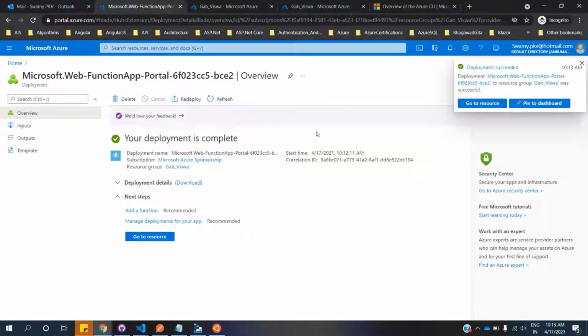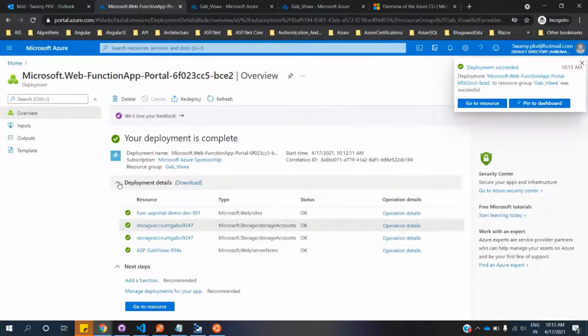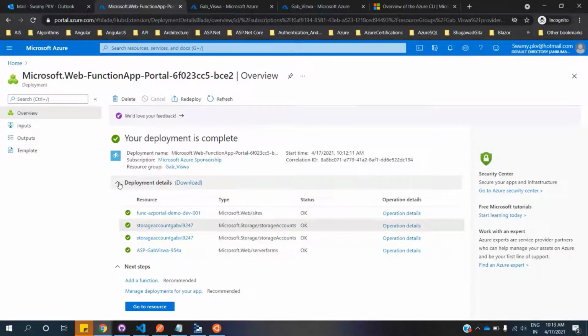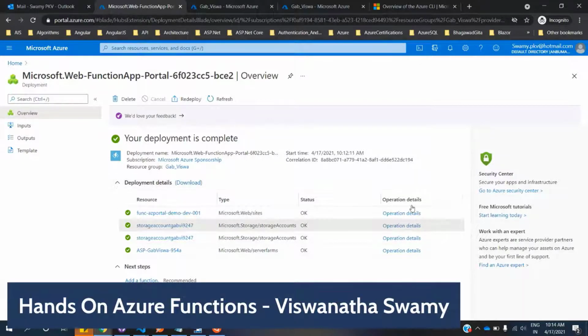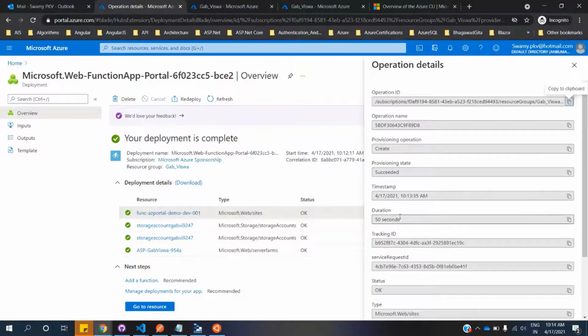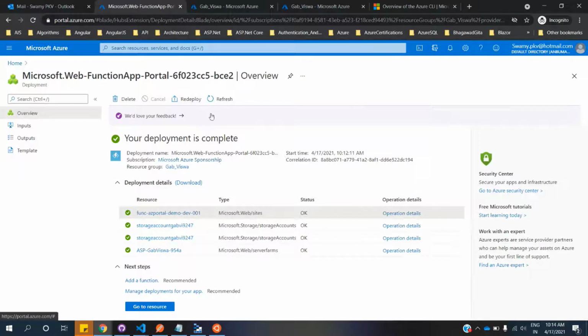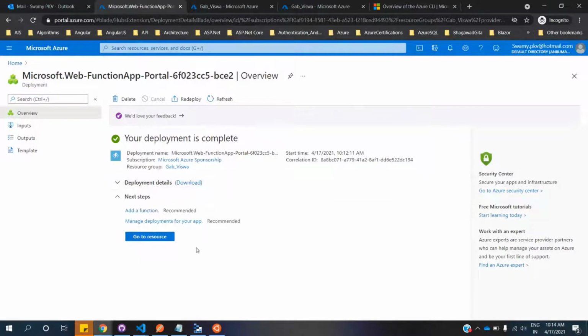Okay, and then what we will do is we will go and code it. Initially we'll see how to test that inside this Azure portal, then with a browser, and also with Postman. And then we will go ahead and add an npm package and add some more functionality. It's very simple functionality, but we're going to do and test that. So these are the things we are going to do here. It took 50 seconds to provision. So you have everything in this deployment, and we can go ahead and download the templates also.